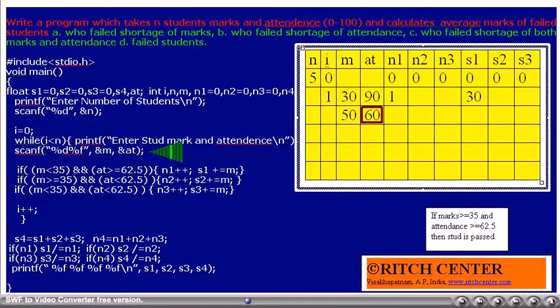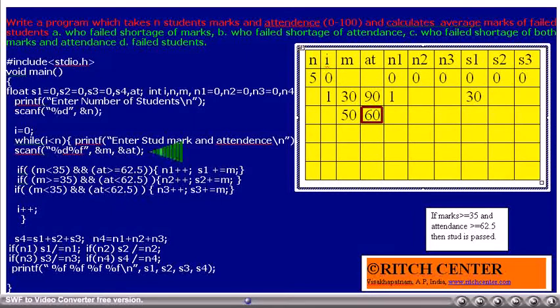This time, we assume that the user has entered student mark and attendance as 50 and 60. That is, mark is 50 and attendance is 60. Has he passed? No, he is failed. Why is he failed? He got attendance less than 62.5.